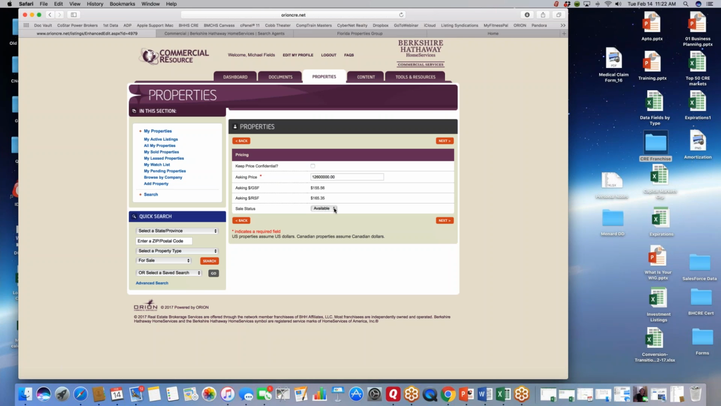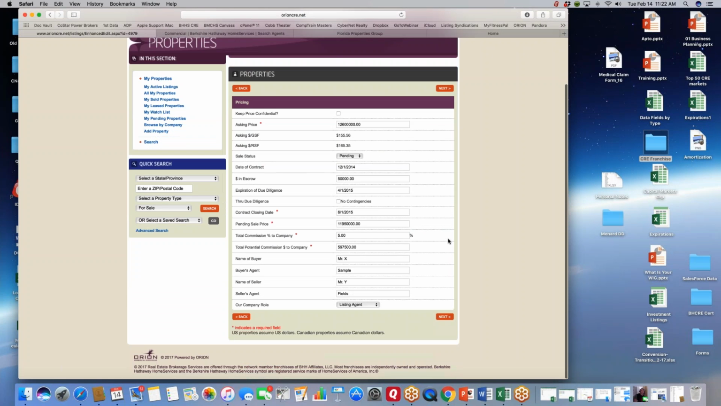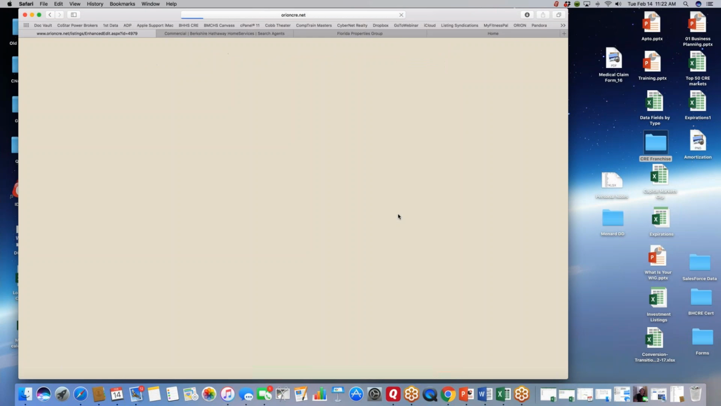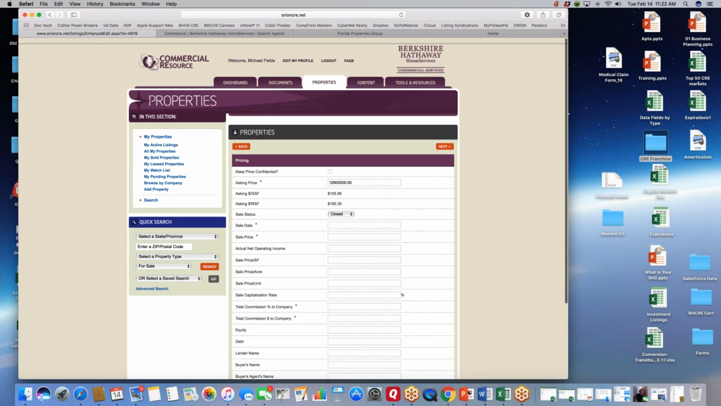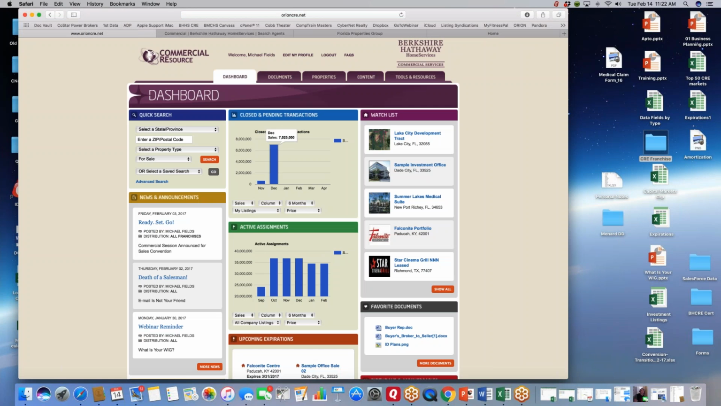The default is that the property is available. Once it's under contract, though, you can come in here and make it pending. And then there are more data fields that you can fill in. And then once it's closed, you can come in here and mark it closed, and there are more data fields to fill in. What's nice about that is once you do that, it feeds data to your dashboard,